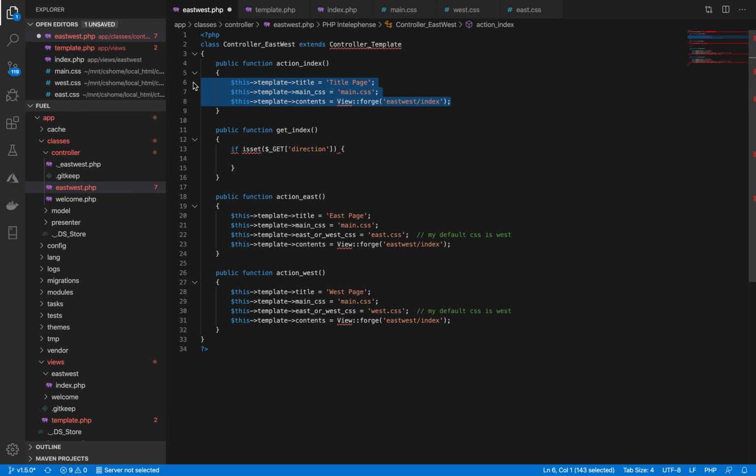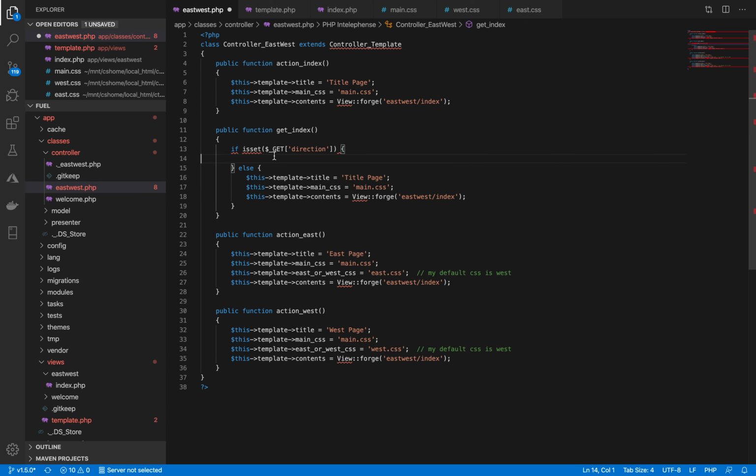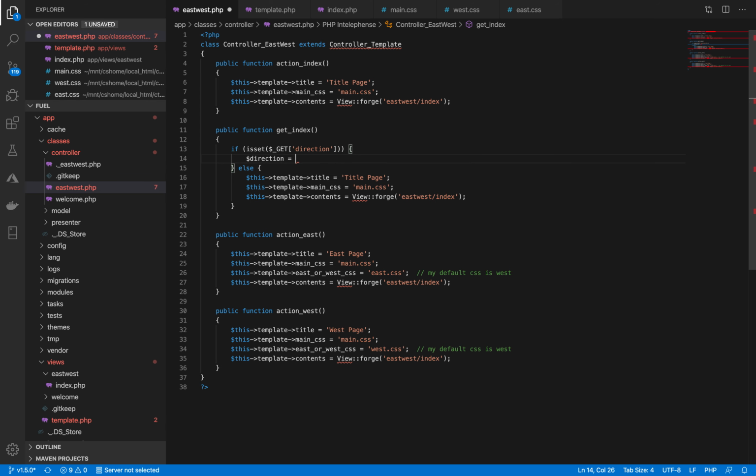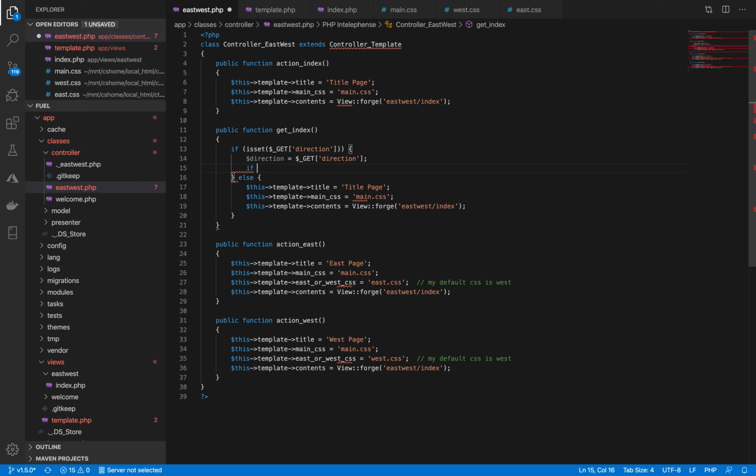And otherwise, I'll just return this default view, let's say. And I gotta wrap this in parentheses so that it doesn't get mad. So now, if the direction is set, we'll set direction equal to $_GET of direction. And then